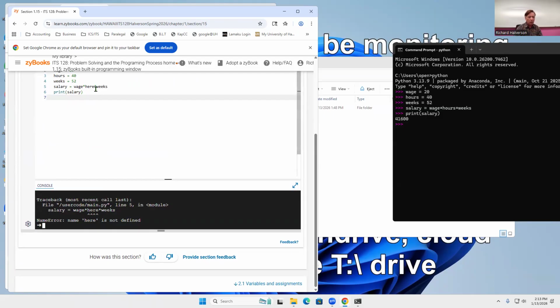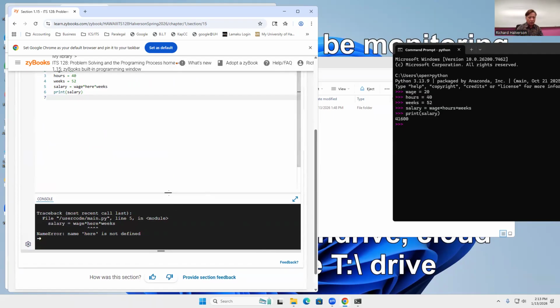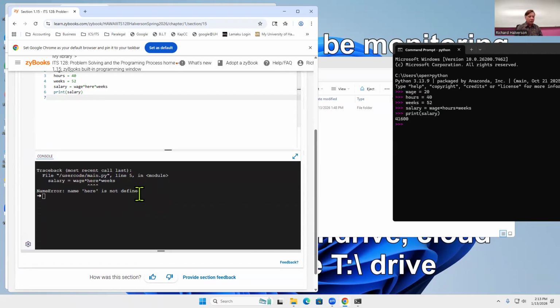Oh, look, I spelled something wrong. It should be hours, not here. Okay, so this is what it looks like when you're debugging your program. Being able to read error statements is really important, and they're really cryptic. Lots of times when I'm lecturing, I'll glance at an error statement, think it's one kind of error, and go on, and then I'll realize, oops, that wasn't that error. Anyway,